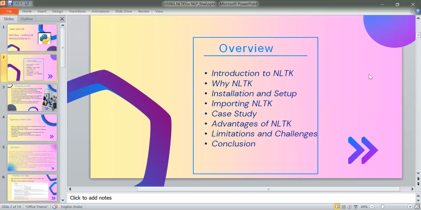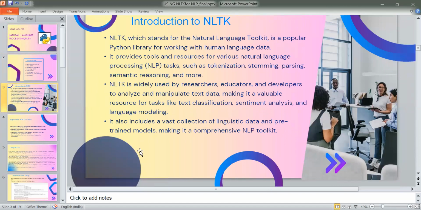Overview. Here in this presentation, we are going to cover topics like intro to NLTK and why we chose this topic, installation and setup of importing NLTK, case studies we took, advantages of NLTK and also the limitations and challenges. And coming to the next slide, introduction to